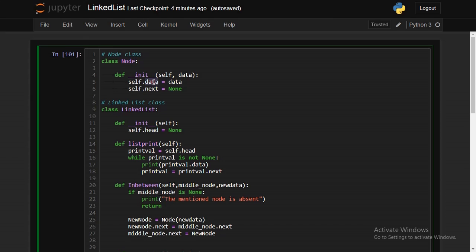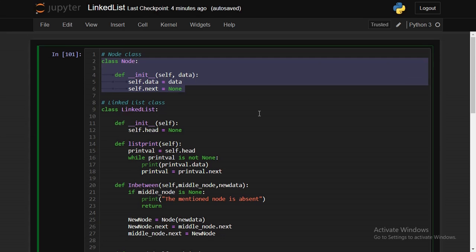Here we have these two fields, that is self.data is equal to data, that's the data of that node, and self.next is equal to None. Initially when you create a node, the next pointer will point nowhere, right? Nowhere means you cannot tell the computer to point to nowhere. It has to point to some special value called null or None. In Python we use None actually, but we can even use null. I'm not familiar with that. I always use None. So this is a classic representation of how a node looks like.